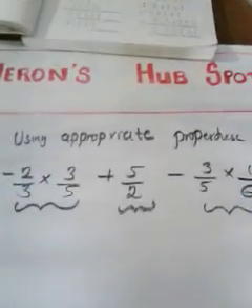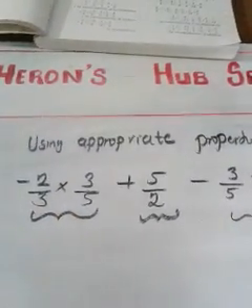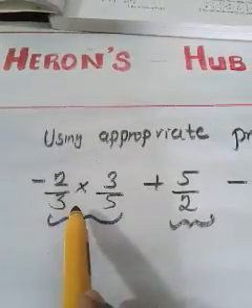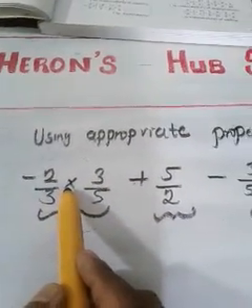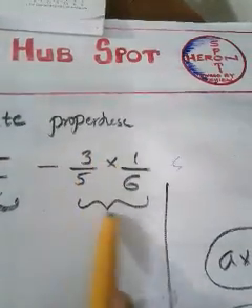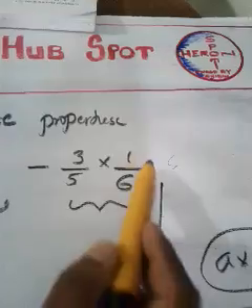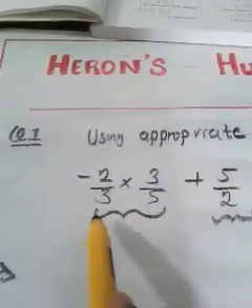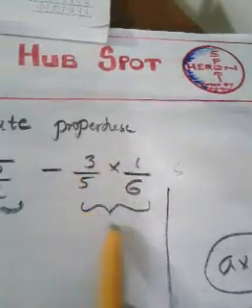Then how many terms are there? Now we just see how many terms are there. This is the first term. Listen well. This is your first term because you have to consider it as a single term, because here the operation is multiplication. And this is another term, you have to consider it as a single term because the operation is multiplication. You cannot count it as 2. So this is your first term, a single term, and this is another term.